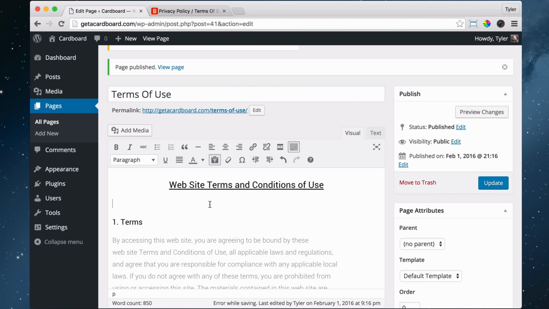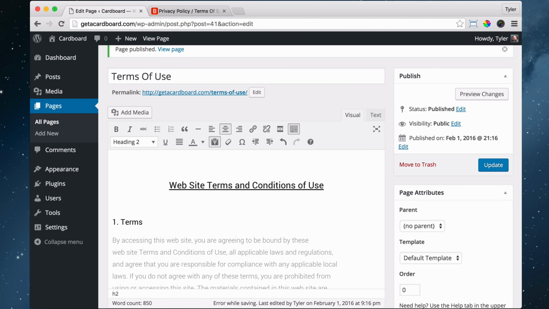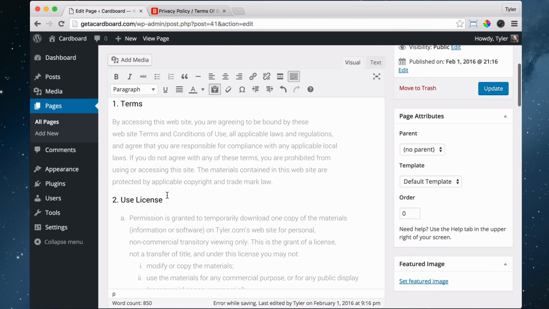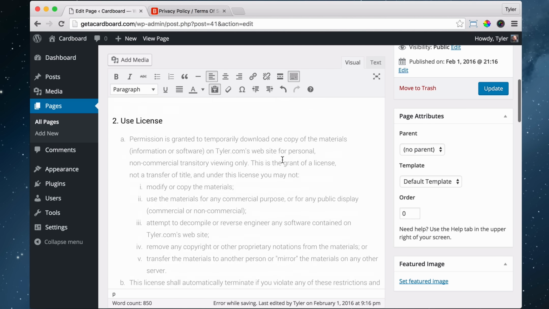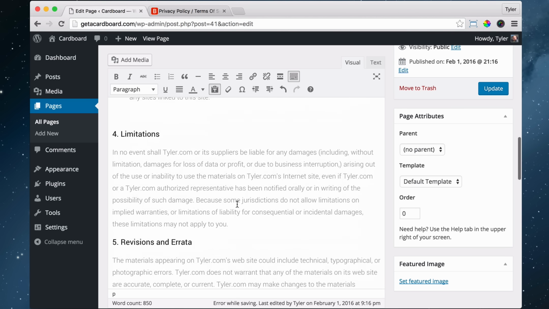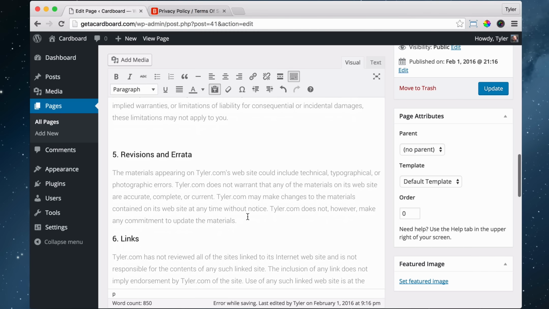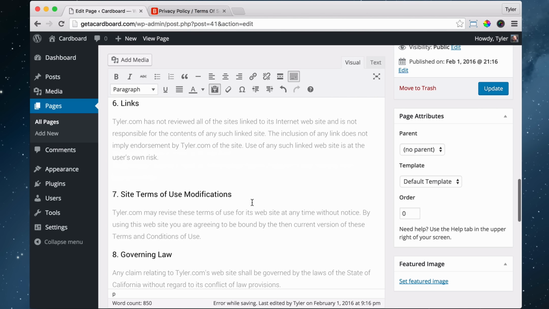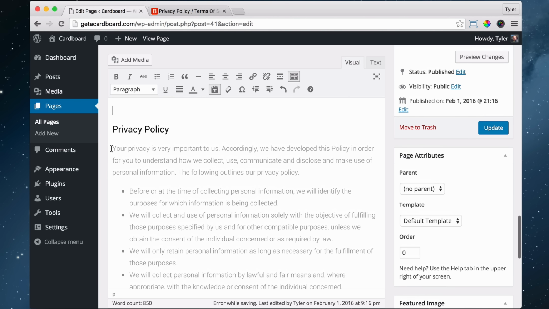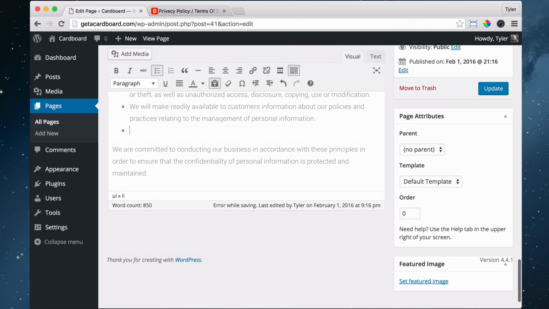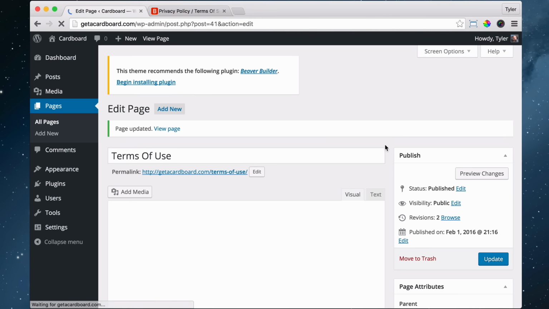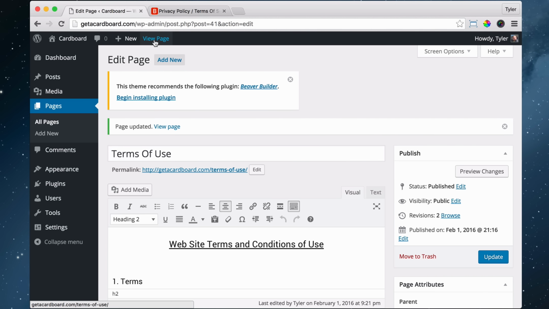You can underline things. You can add more spaces. You can make things into paragraphs, or pretty much do whatever you want. Add spaces in between all of these, which is a good idea, so it looks a little more separated. And then once we're done, we can update. So we'll update it, and then now what we can do is view our page and see what it looks